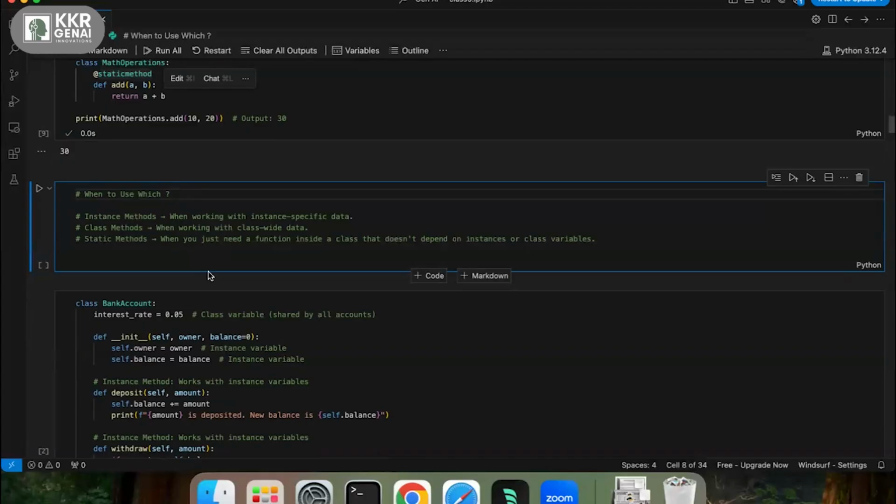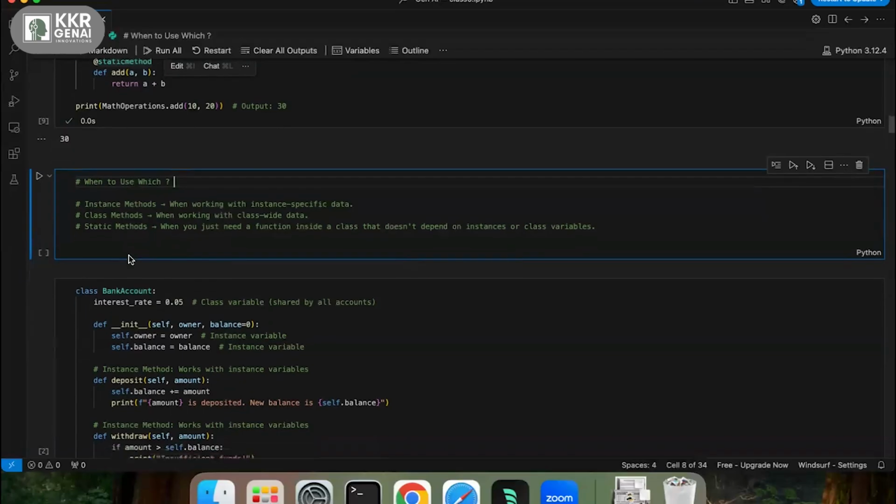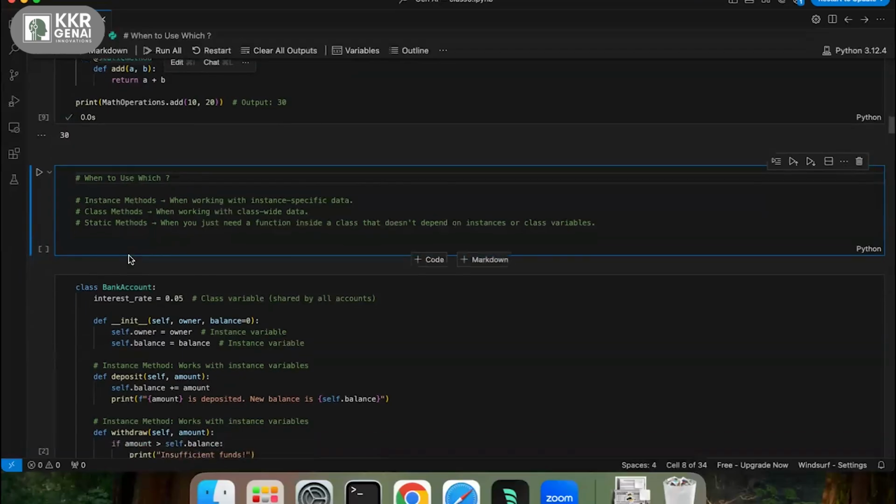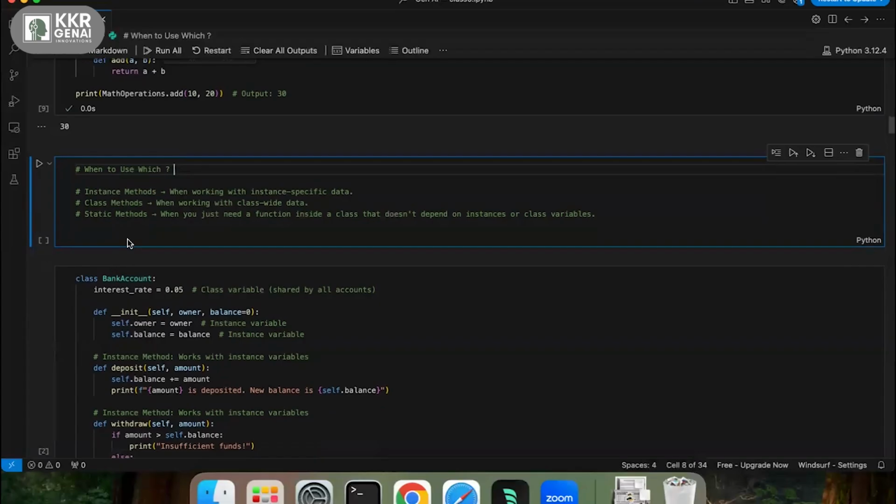You can use instance methods whenever you are working with instance data. When you are working with class-level data, class-wide data, which means static variables, all the class-level variables, you can use class methods. The first parameter to a class method is cls, which has access to all the common shared values. And then we have static methods,